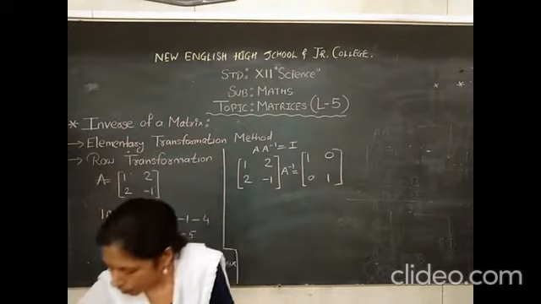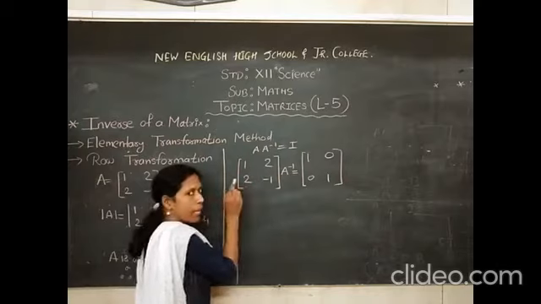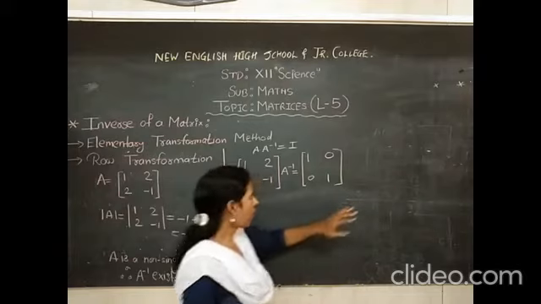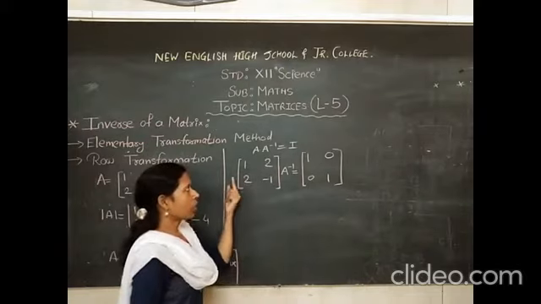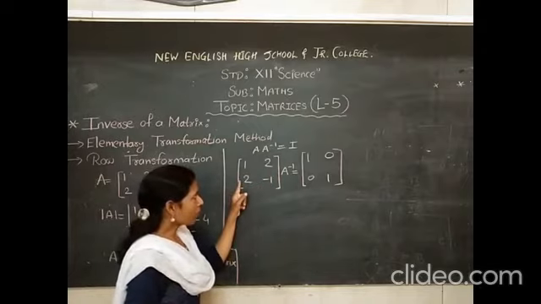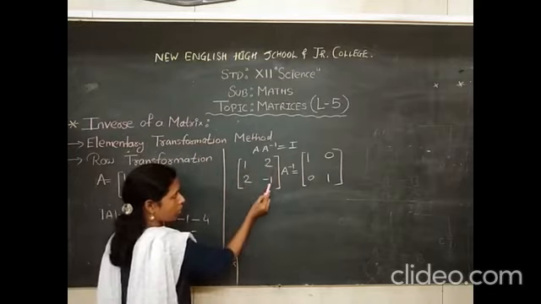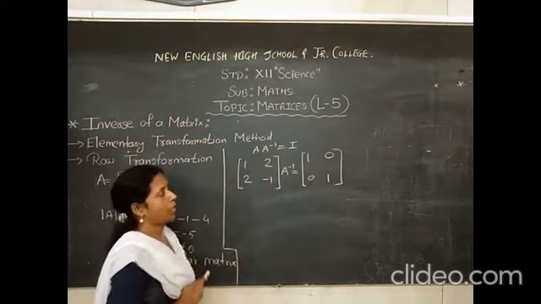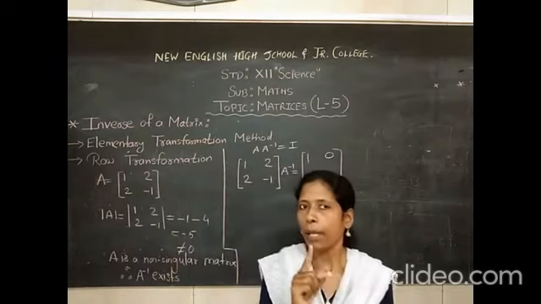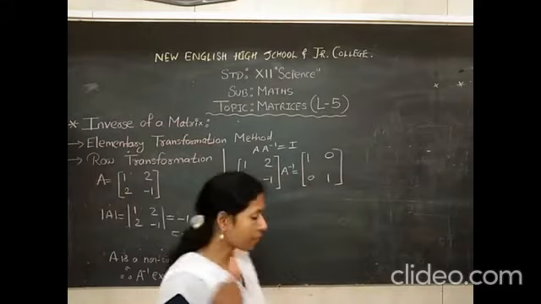Now children, my job is to convert this matrix A into the identity matrix, as we discussed just before. I had written over there, I want to convert this matrix into the identity matrix. That means in place of this matrix, I want 1, 0, 0, 1 here. One important thing, remember, when you are applying row transformation and you want to convert this into the identity matrix, I have discussed it before also.